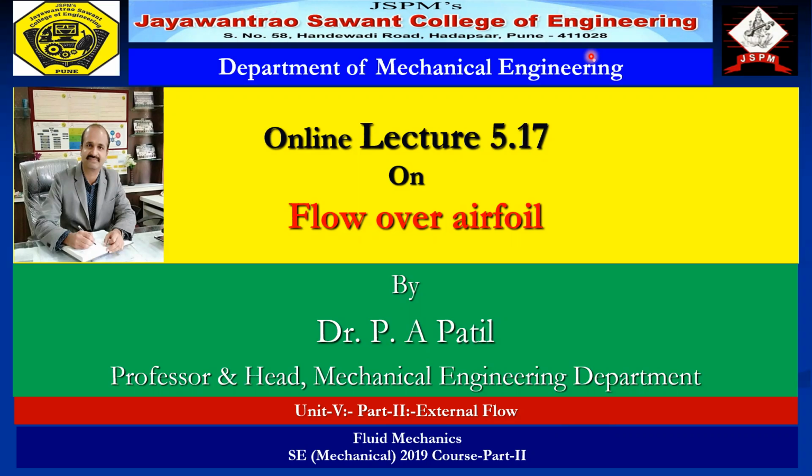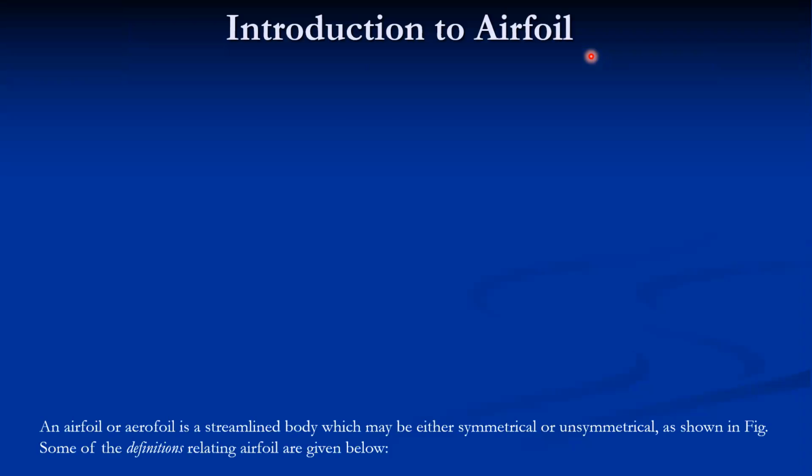Airfoil section is generally the section which is provided at the wings of aircraft. The nominal speed of the aircraft is around 400 to 500 kilometer per hour, so frictional resistance, especially skin frictional resistance, is considerable. To minimize the drag, form drag, the body is streamlined. So the airfoil section gives the lowest form drag forces. This shape is there. So we discussed just the introduction to an airfoil.